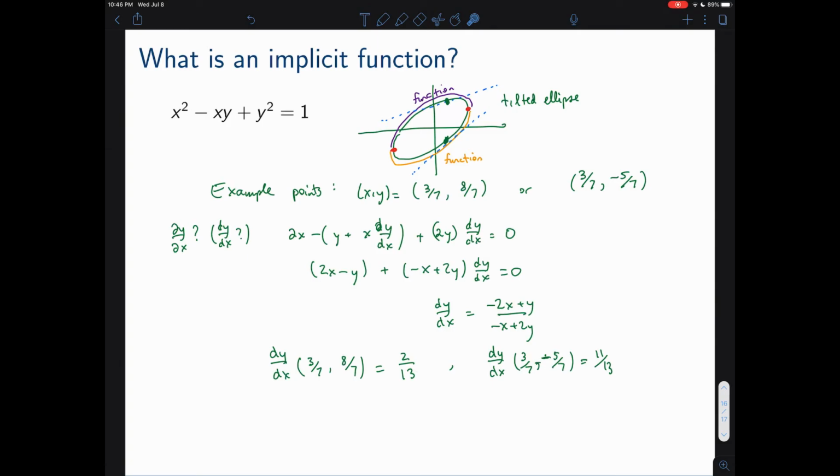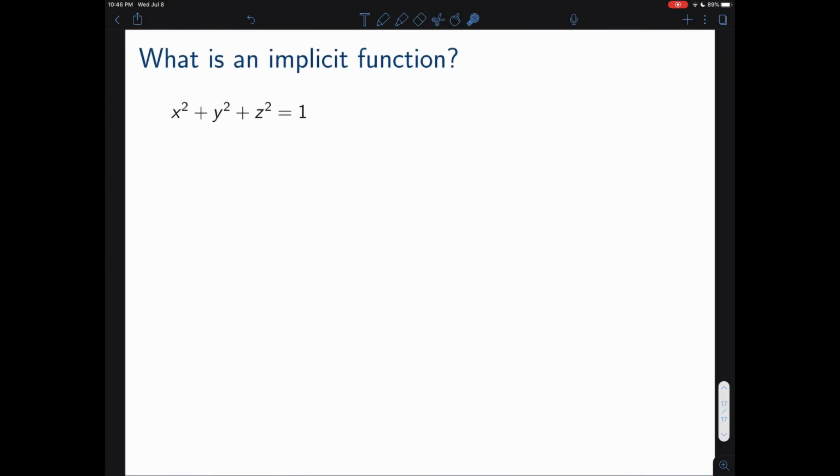Well, this example and the previous page, the circle, were single variable examples that you could have seen in your previous calculus class. I hope that it has helped clarify what's going on. But just to finish, let's look at one example that's multiple variable: x squared plus y squared plus z squared equals 1. That is an equation of a sphere,